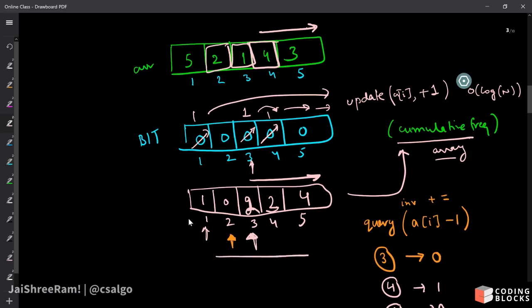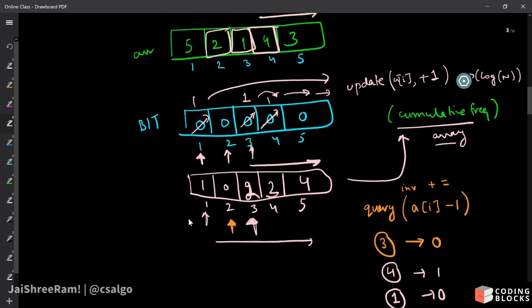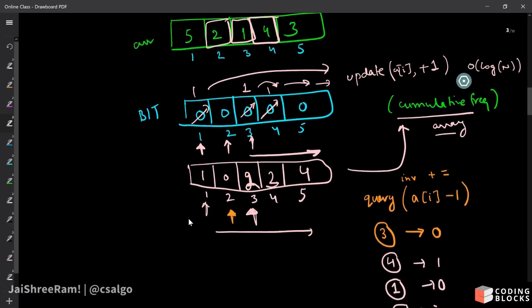तो इस पे तो मैं लीनियरली प्रोपोगेट कर रहा हूँ, बट एक्चुअल में जो काम है वो BIT ट्री के ऊपर हो रहा है, ठीक है। सो अब मेरे पास आया 2, तो मेरे को देखना है 2 से छोटे कितने एलिमेंट्स हैं जो ऑलरेडी आ चुके हैं। तो मैं इस पर क्वेरी कर लूँ, राइट। तो 2 से छोटा सिर्फ 1 है जो ऑलरेडी आया हुआ है, तो 2 के लिए इन्वर्जन्स 1 होंगे। एंड अब हमारे पास नंबर आया 5, तो 2 पे भी हम 1 मार्क कर देते हैं, यहाँ भी 1 मार्क कर देते हैं, एंड यहाँ पे हमारा एक्चुअली 2 हो जाएगा, क्योंकि पहले भी 1 था, अब 2 हो जाएगा।